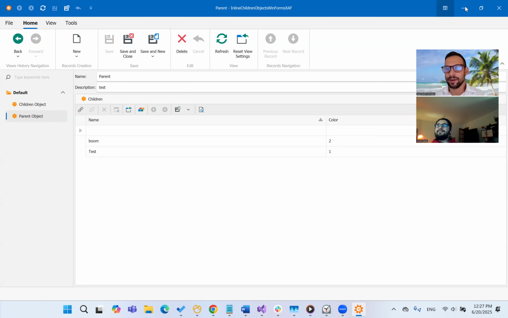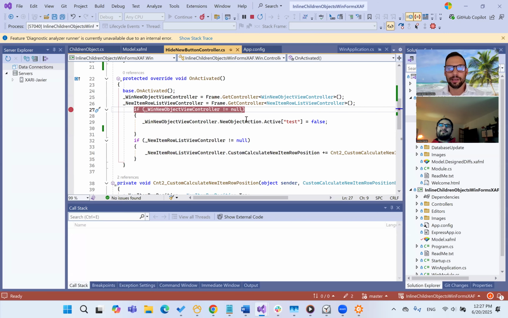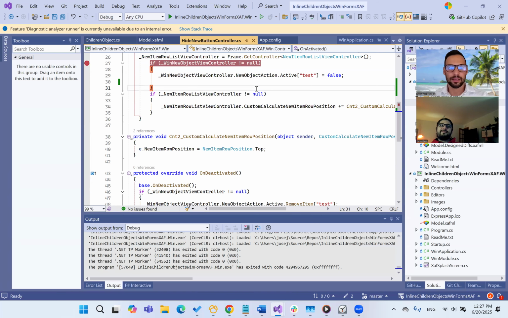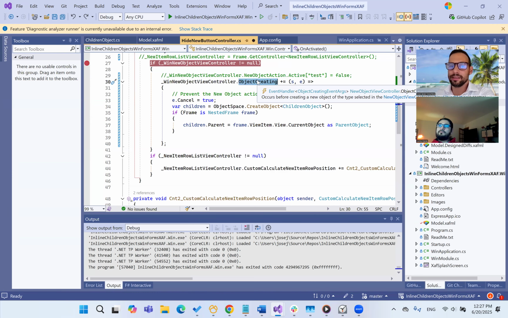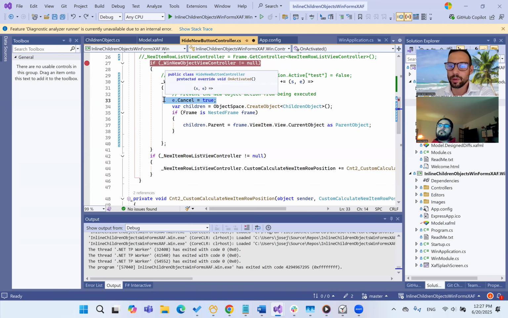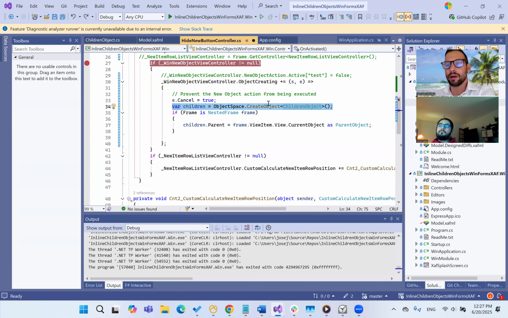All right, so I say, well, let's do a little bit of a XAF hack, and I'm gonna stop it just for a second. Basically, what we did here was we trigger in the object created event, we cancel the operation. So XAF will not create the object for us. Then we are going to create the children object by hand. In this case, there is no required property, but we're gonna fill any property that we need, and then we're gonna get from the frame the view current object that is the parent object, and we're gonna pass it. Of course, we can